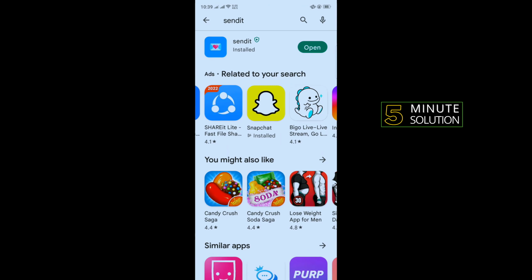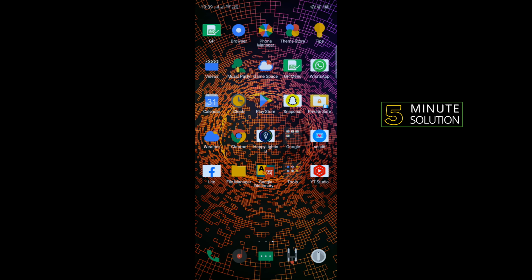So first of all, open your Play Store and search for Sendit, and once you get the app, install it. And one more thing, make sure to update your Snapchat app. And now open the Sendit app